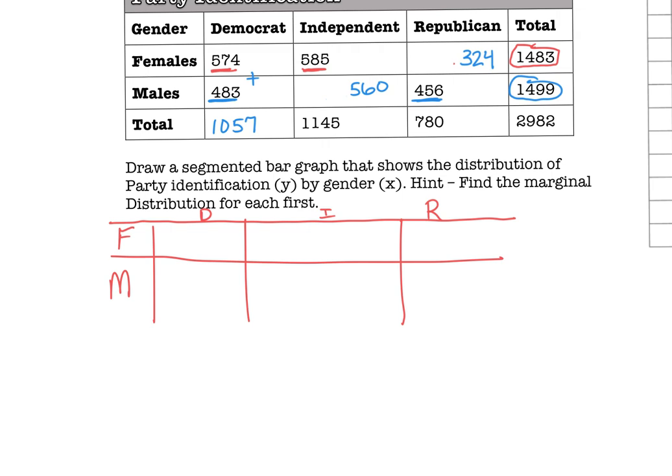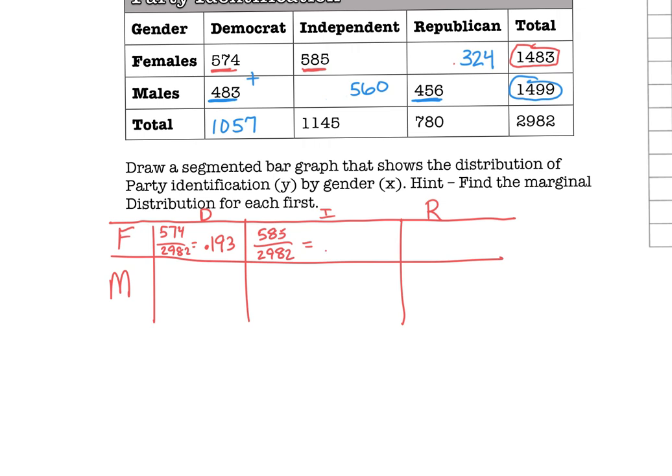and I'm just using the letters here for abbreviation for time's sake, and then this was Republican. Alright, now we'll say, okay, there were 574 female Democrats, and there was a total of 2,982 people total. That's 0.193 or 19.3%. So that tells us that 19.3% were female and Democrat. Do the same thing for female and independent. Take 585 and divide it by total 2982. When you do that,